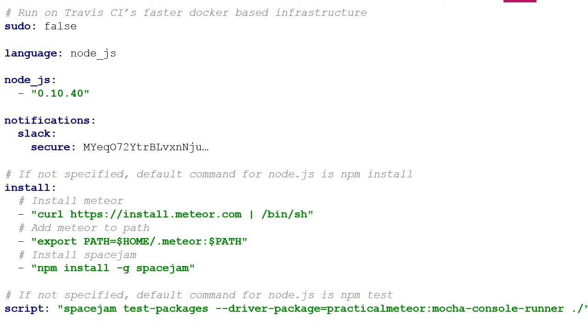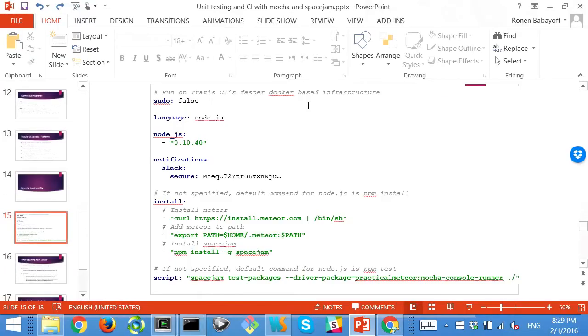and since we cannot install Meteor into user local bin, you need to add Meteor to the path, and then you install spacejam, and in order to run your package tests, you again use spacejam from the command line, spacejam test-packages --driver-package practicalmeteor:mocha-console-runner, which is the one that is going to execute the tests and output the results to the console. Let me give you a quick example of